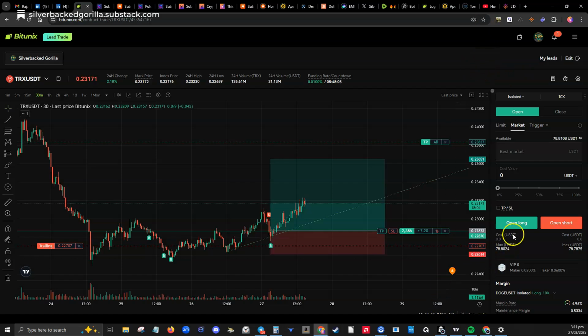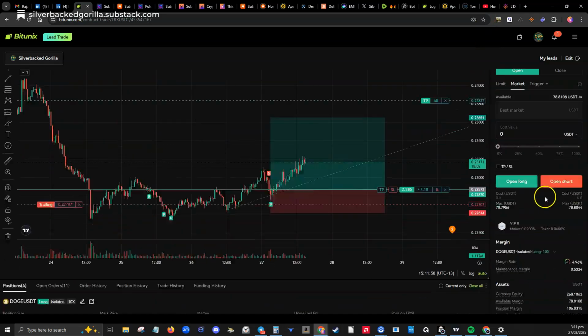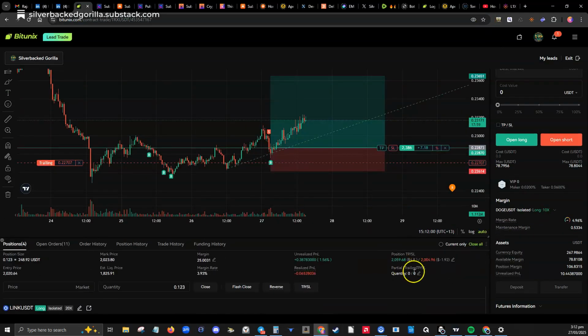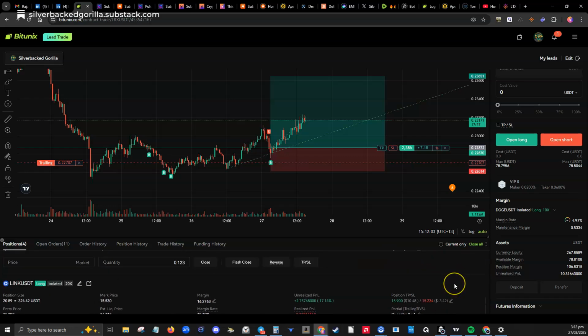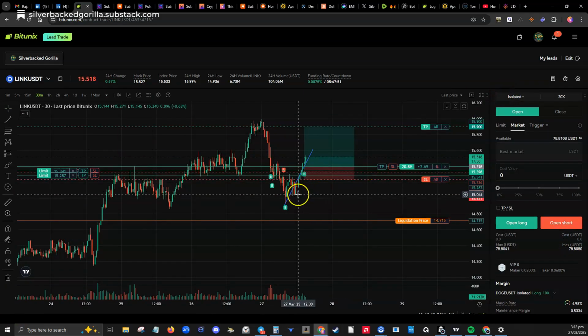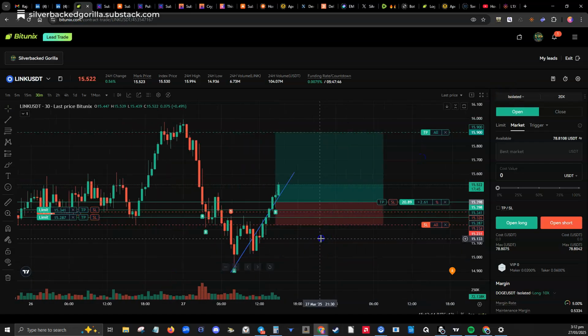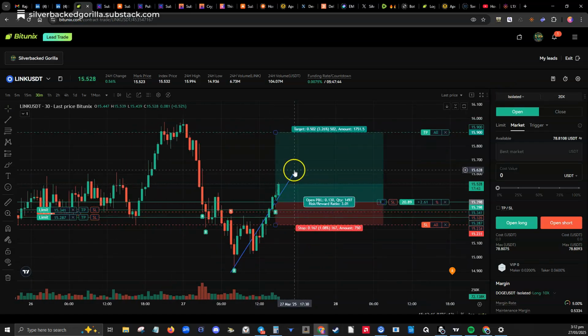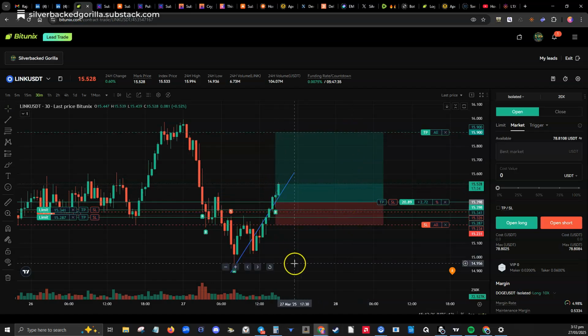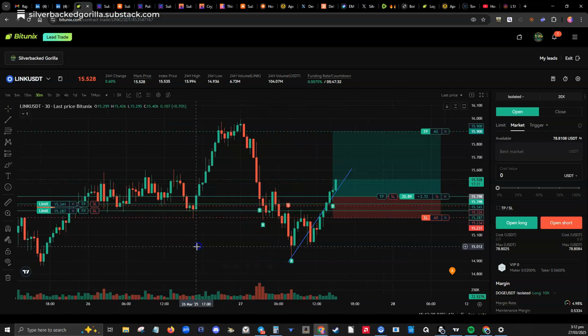While I'm looking through this, this is TRX, obviously. What else do we have? We have TRX. We have Link. We only just set this up now in this video, so let's have a look at that. That one's getting towards the middle of our range before we have the 3 to 1 take profit. Again, it could come back down, but I think that's the trailing stop there.